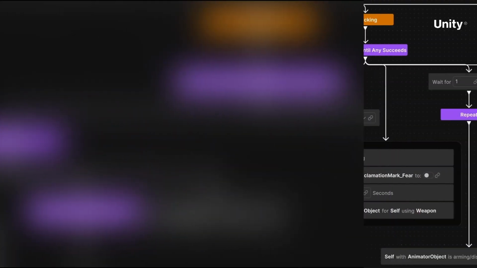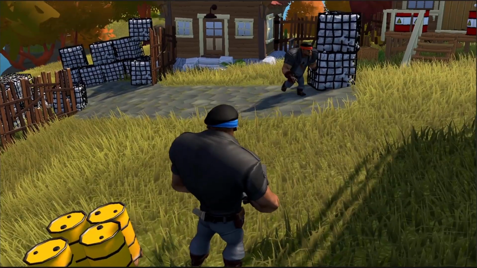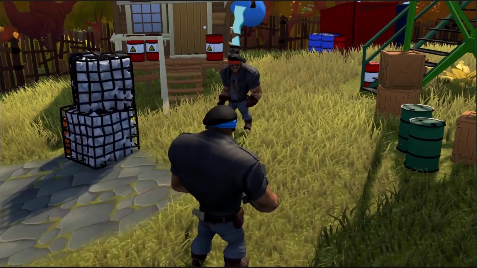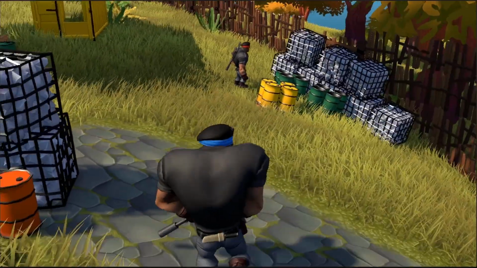Hello everyone, and welcome to this Getting Started tutorial on Unity's new game AI behavior tree system, Muse Behavior. In this video, you'll learn the basics of this tool and how to give life to some guard NPCs so that they can react to the presence of the player, switch between different states, and even adjust their behavior dynamically